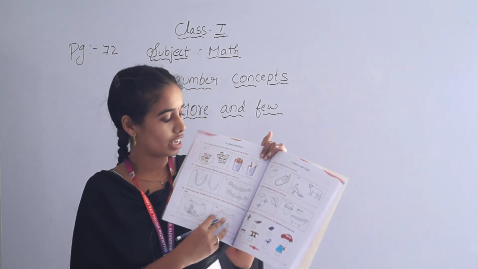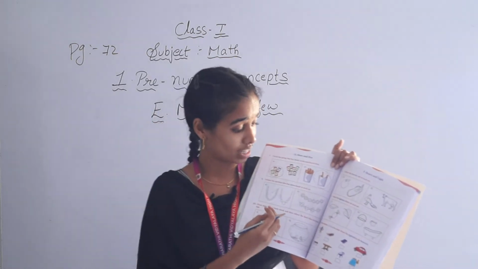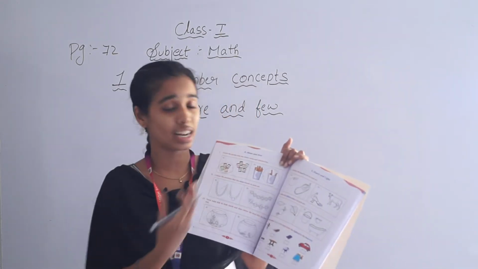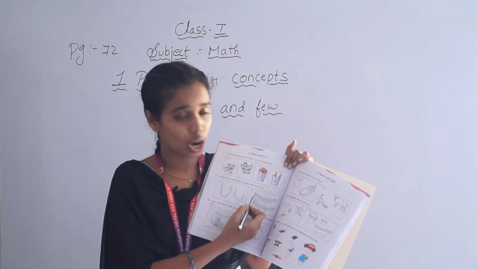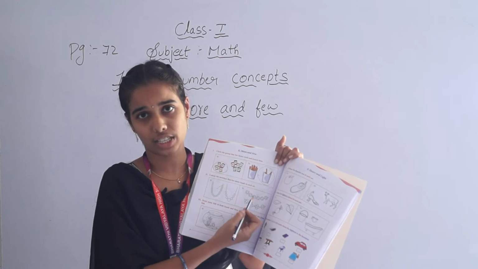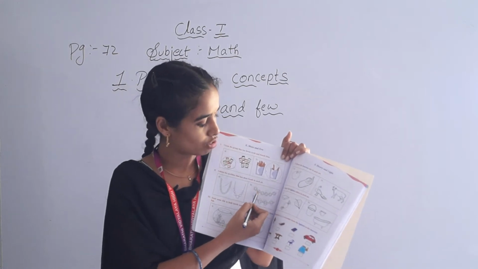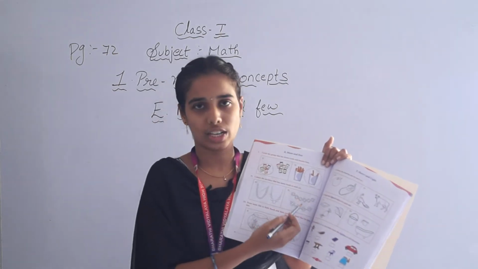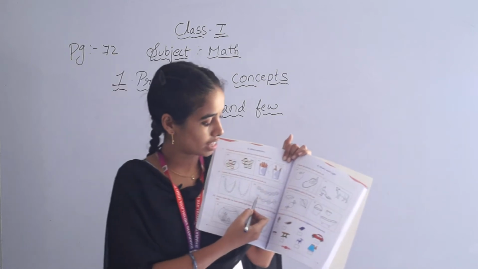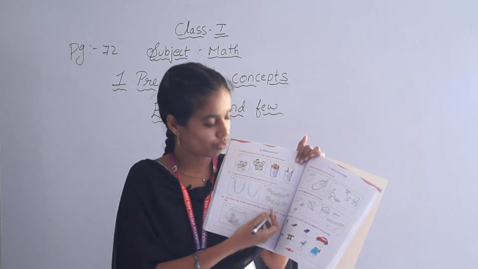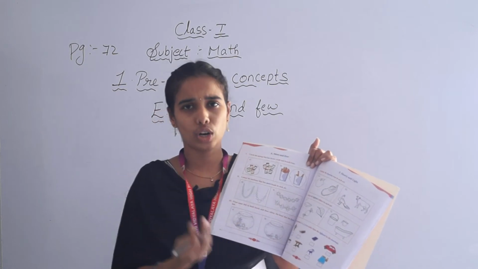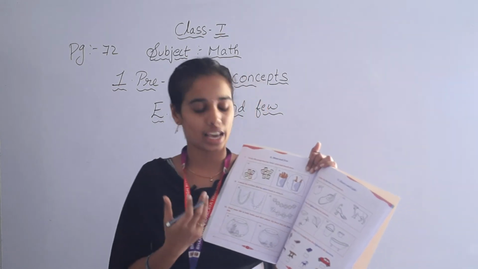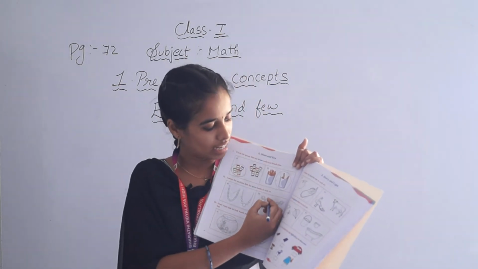Go for another one. Here we are seeing 2 different types of necklaces that are with flowers. So you just have to count which necklace has more flowers. So first count how many flowers are there in the first necklace. 1, 2, 3, 4, 5, 6. So the first necklace has 6 and the next one 1, 2, 3, 4. This necklace has only 4 flowers. So what they are asking, more means the highest number. So you have to color this necklace.